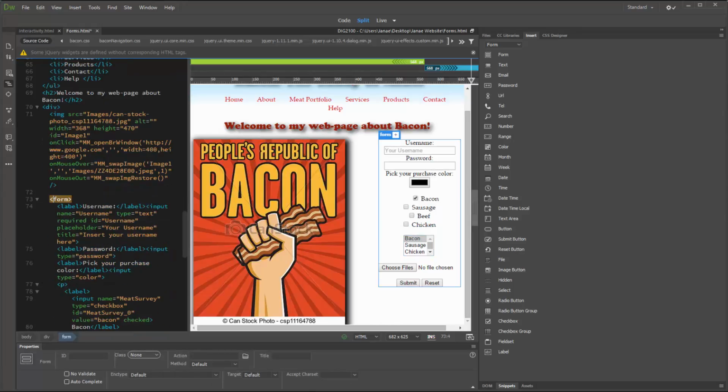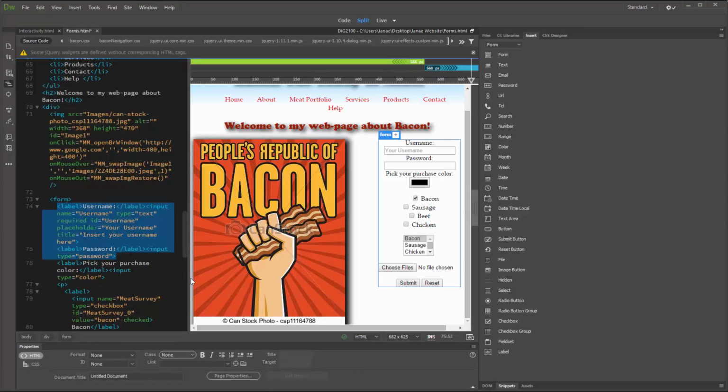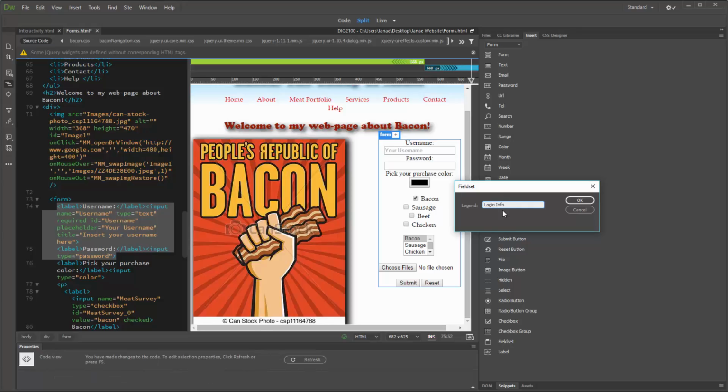So within the form tag, I'm going to go ahead and highlight my username and my password sections, and I'll add a field set. Legend, this is going to give you the title. So this is going to be what the visitor sees. So this is going to be my login info,